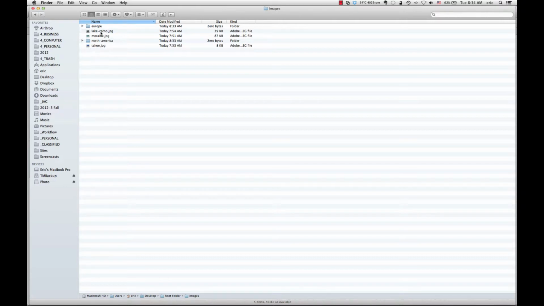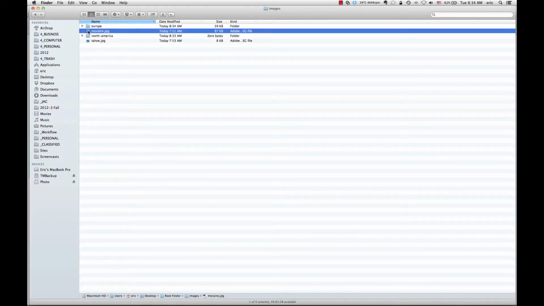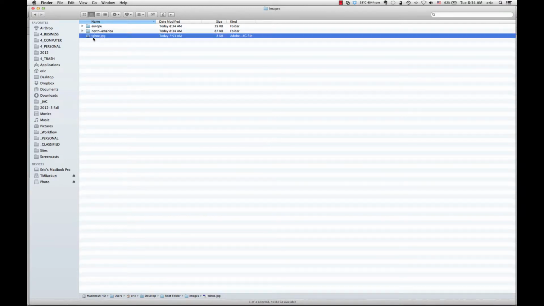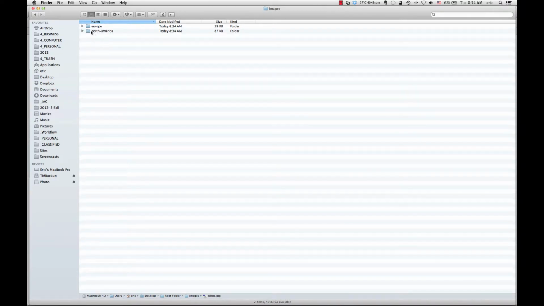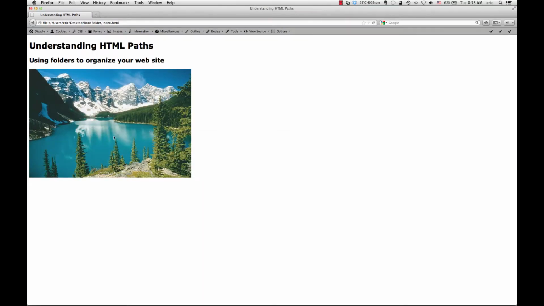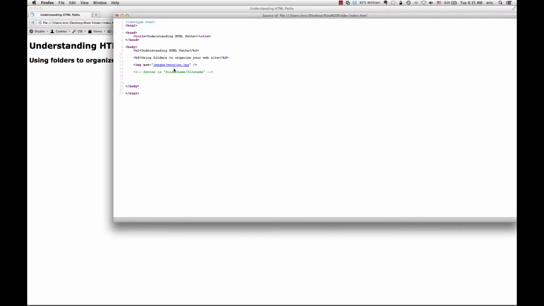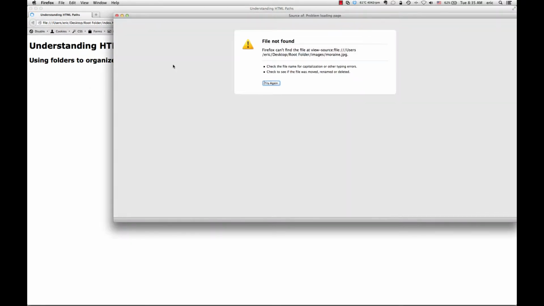So I've created my 2 folders, and Lake Como is the only one that I've got in Europe. Moraine Lake, which is in Alberta, Canada, goes in North America. Lake Tahoe, obviously in the United States, goes over there. So I have changed the link over here, and I've got to reflect that inside my HTML. Now if I go back to Firefox and I refresh, I did change the location of my picture, so when I refresh, the picture disappears. Taking a look, the HTML hasn't changed, but if I click the link, okay, file